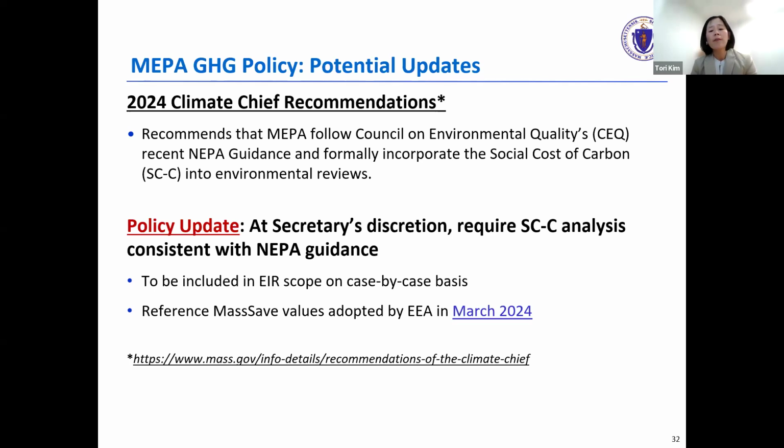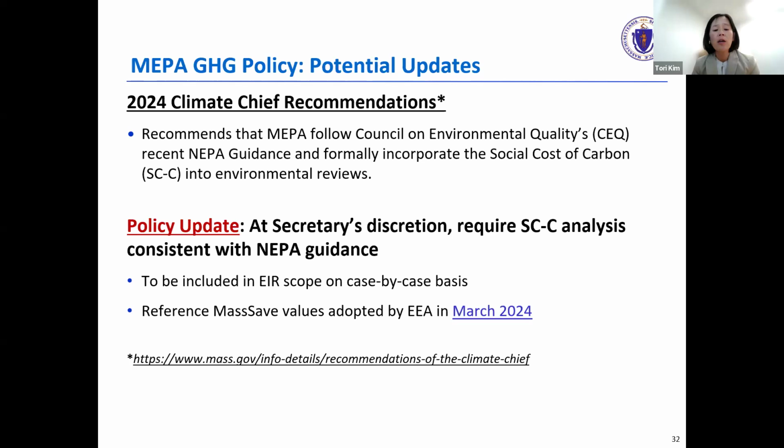So far, we have included this language in just one project where the proposal was to expand fossil fuel energy infrastructure through new gas pipelines. So I think it's possible that energy projects may be a primary focus, but just allowing for this consideration where circumstances may warrant.